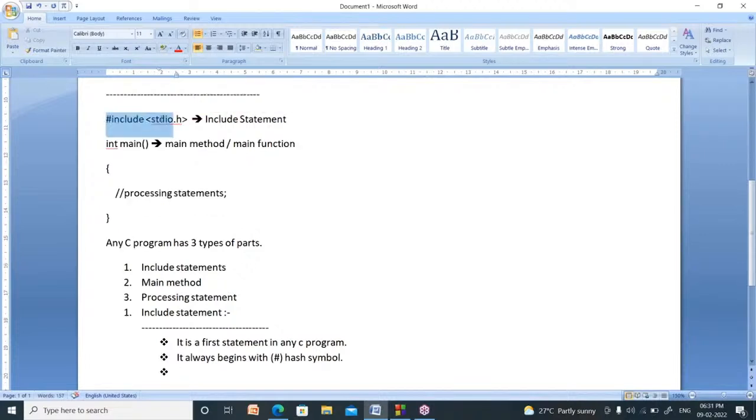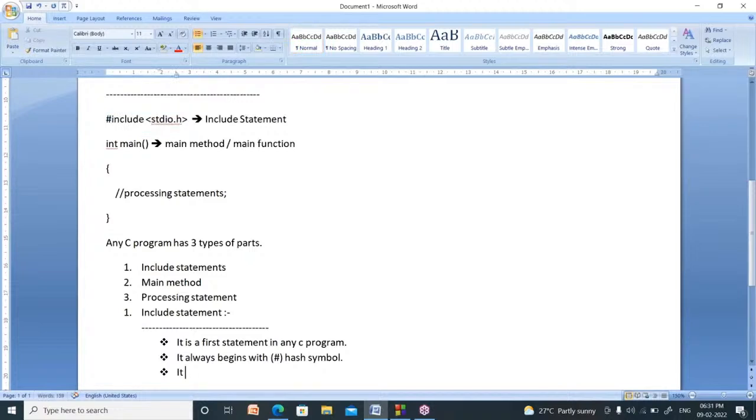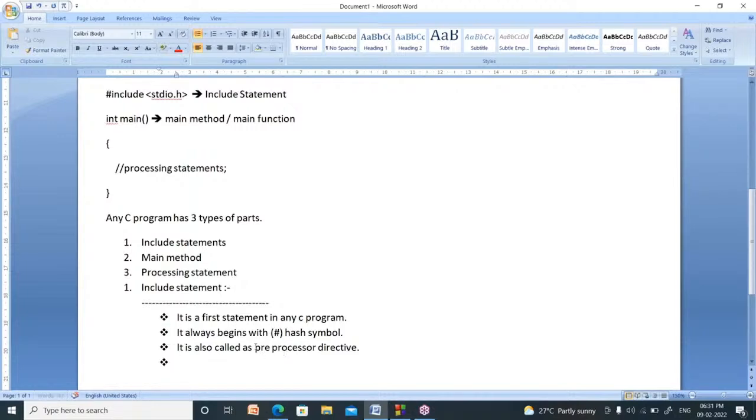We can call this a preprocessor directive. Now what is the meaning of preprocessor? In 10th class you have a final examination, and before that we have a pre-final examination.